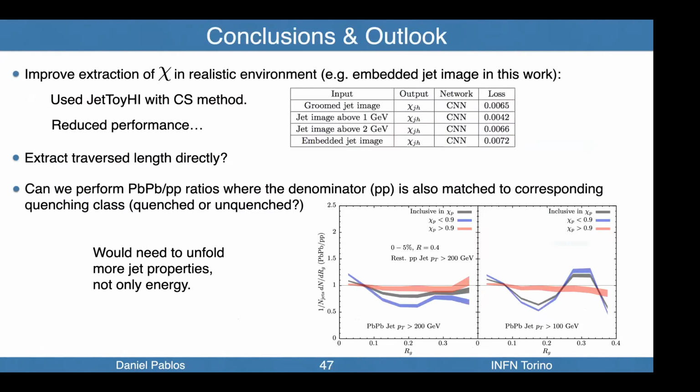Do you understand why the 2 GeV cut is worse than the 1 GeV cut? Yeah, because many medium response particles are all below 2 GeV, and there are many between 1 and 2 GeV. So removing everything below 2 GeV is essentially like removing the wake, removing all the particles that have been generated due to medium energy loss. So you're only seeing the effects that remain on the leading particles.